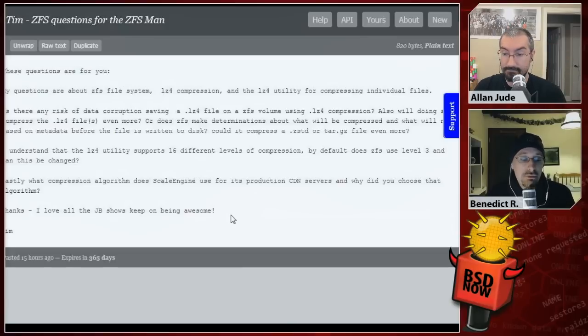So he understands that the LZ4 utility supports 16 different levels of compression. I guess that's Zstandard. By default, does ZFS use level 3, and can this be changed? So currently it's hard-coded in the LZ4 implementation in ZFS, hard-coded to compression level 12. But the levels are powers of 2, so... I guess they tested that and figured out the right level. The 12 in this case doesn't map to that existing...